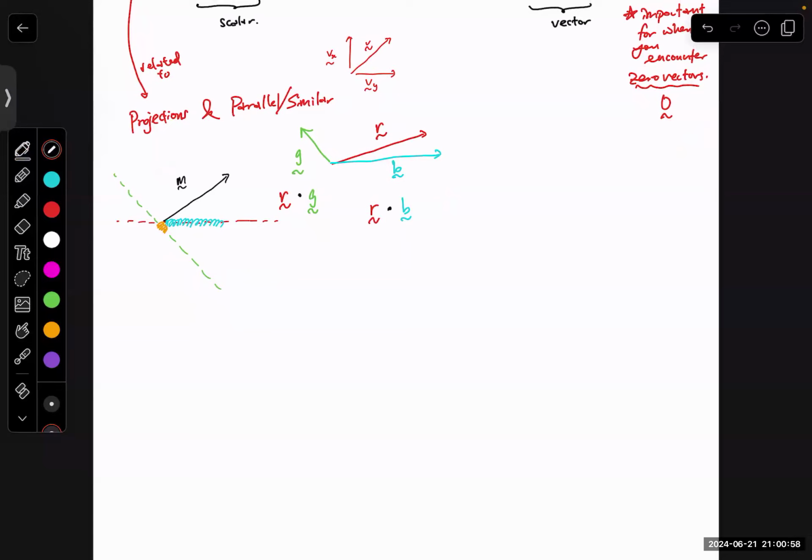When we do a projection, you shouldn't think of it as projecting a vector onto something else. You should think of projecting a vector into a certain direction. I am not projecting a vector. For example, I'm not squashing the mosquito into,